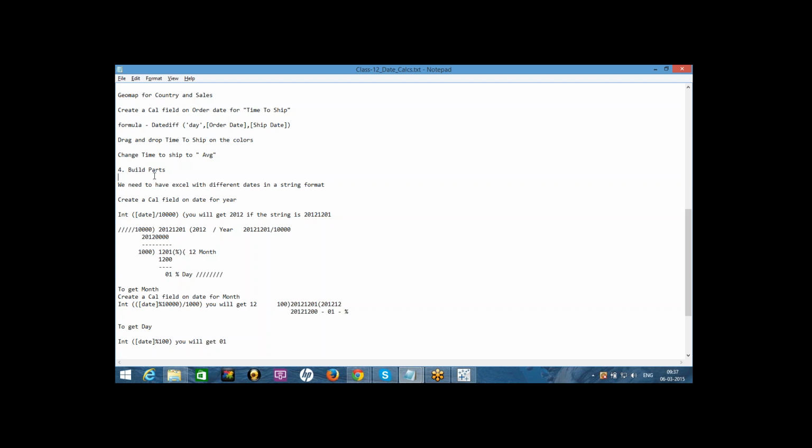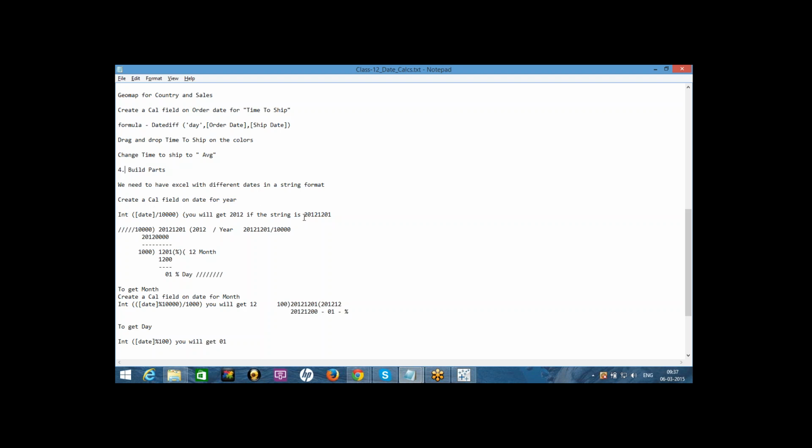For example, if we get a flat file, like a notepad file with comma separated values, Tableau can't understand the date format. If you get the date as a string, how do you get it into a format where Tableau can understand it as a date?